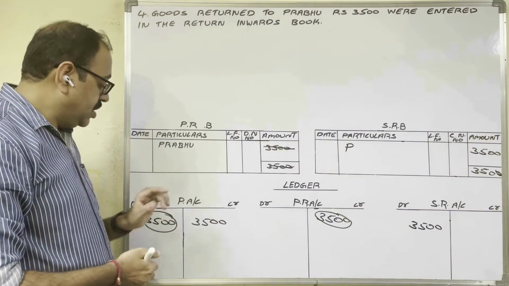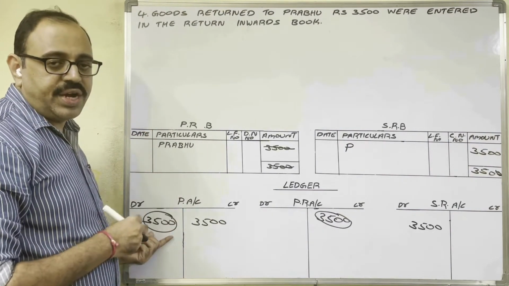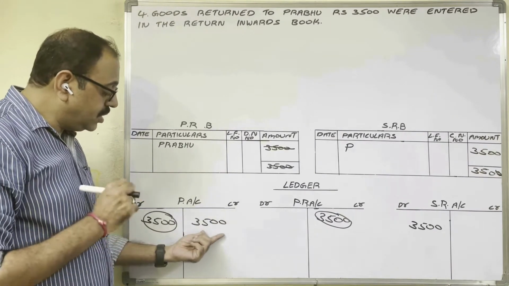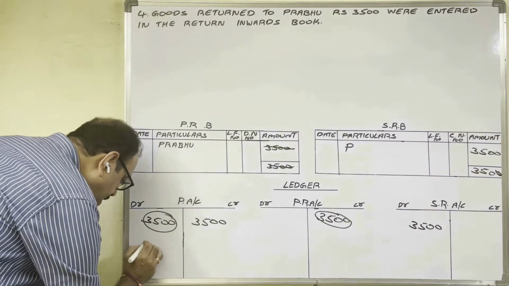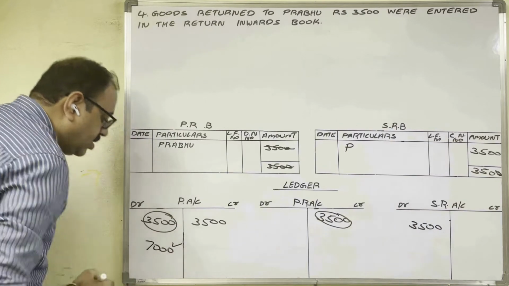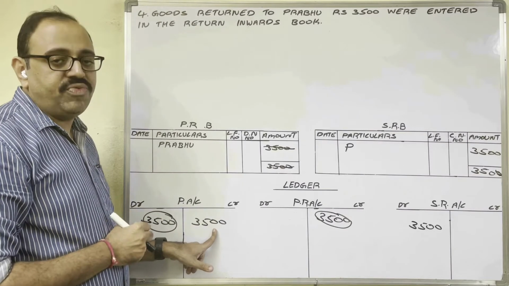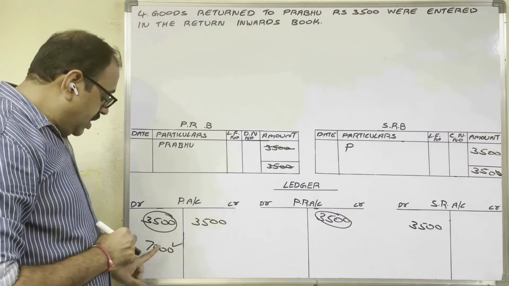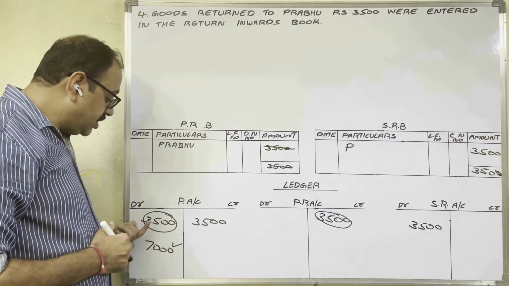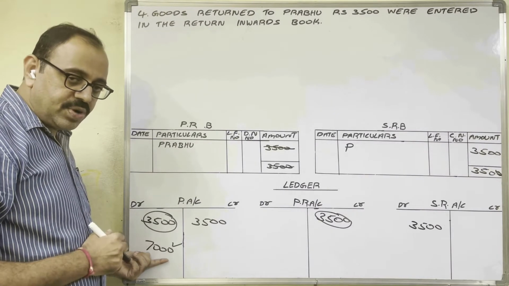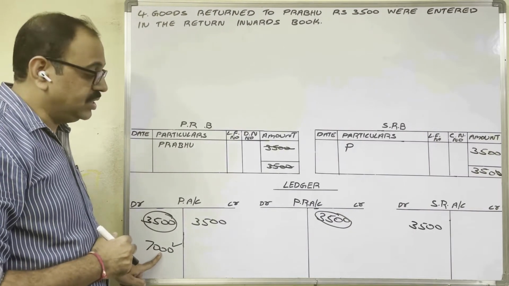Now see the mistakes. In Prabhu account, they made two mistakes. Not debiting 3500 is one mistake. Wrongly crediting 3500 is another mistake. How to rectify this? If you debit 7,000, then of the 7,000, 3,500 and this 3,500 both will get cancelled. In 7,000, if 3,500 is cancelled, the remaining amount on the debit side is 3,500. We need that only. So this is our answer. Prabhu account should be debited with 7,000 rupees.